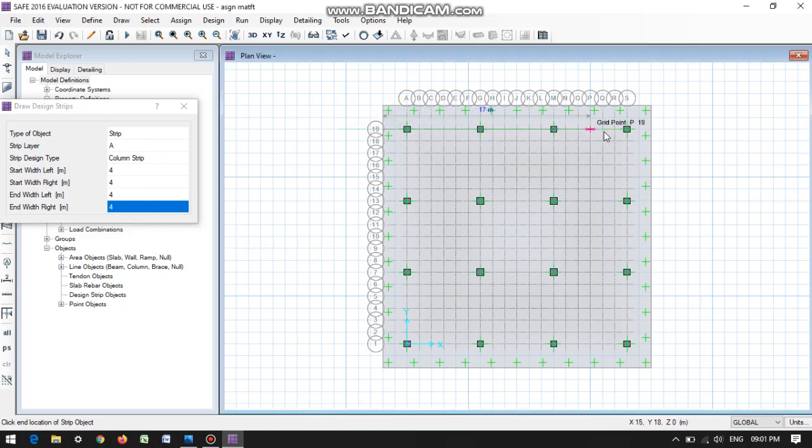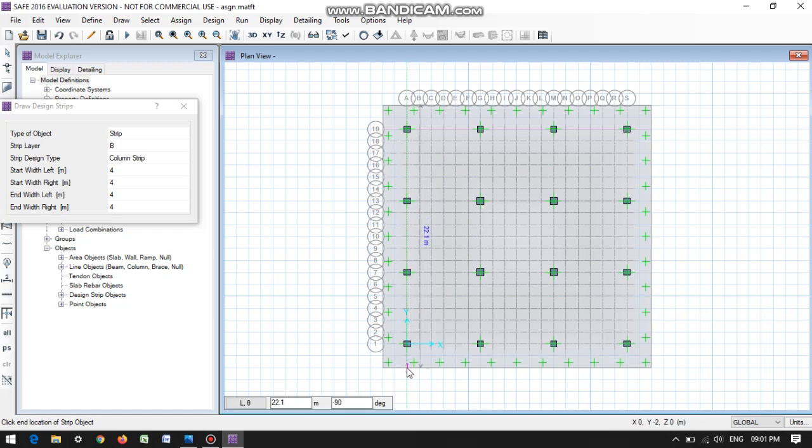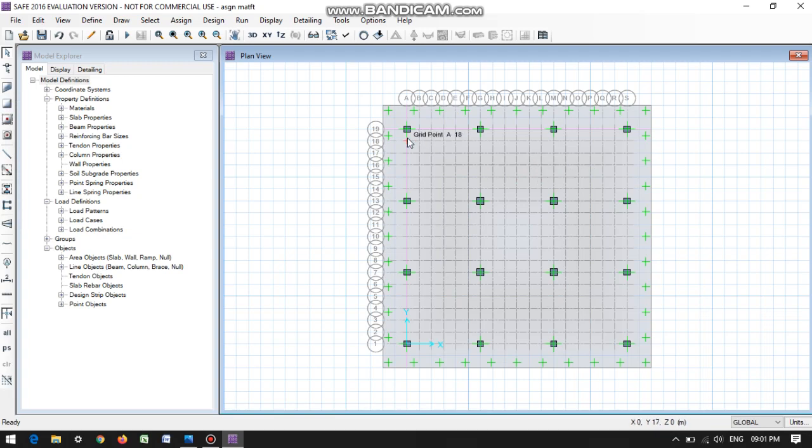So here to here, exactly 22 meter, and for B it is in this axis along the columns, exactly 22 meter. Now we have drawn only 2 design strips.